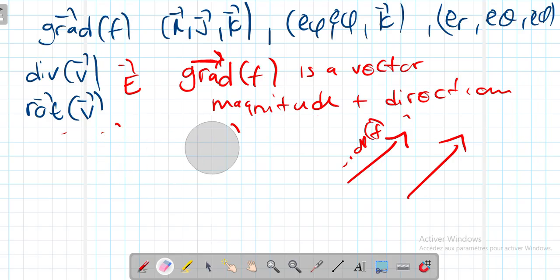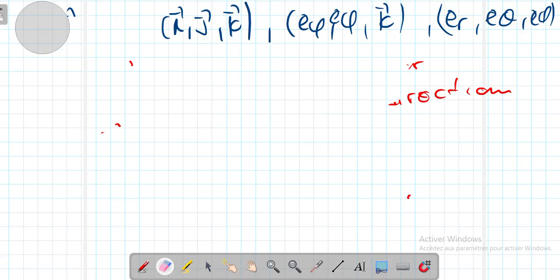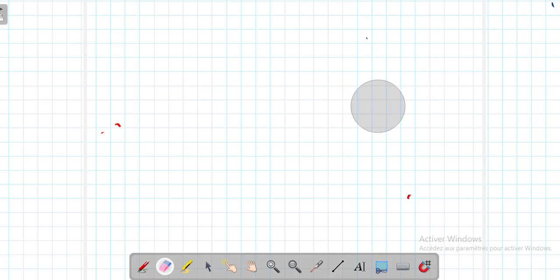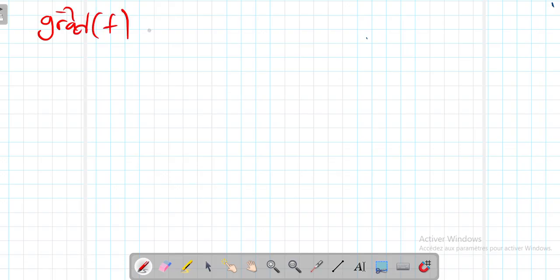Yeah. So now that's the physics part of gradient, divergence, and the rotational. Now let us look at the mathematics part. So how do you quantify gradient? From the homework, you've seen one example. If you are solving your homework on your own, you've seen that I asked you to find the